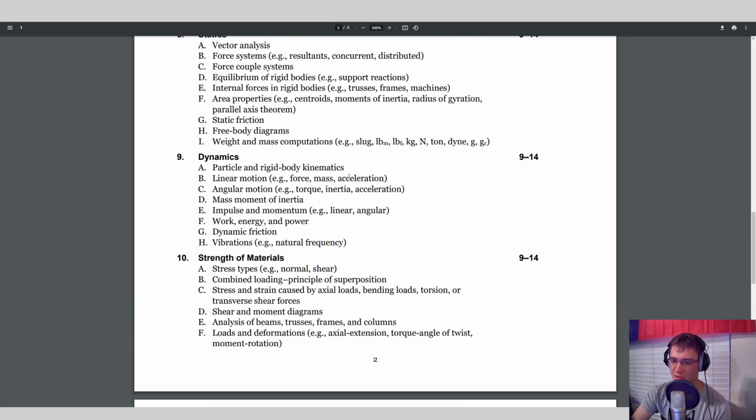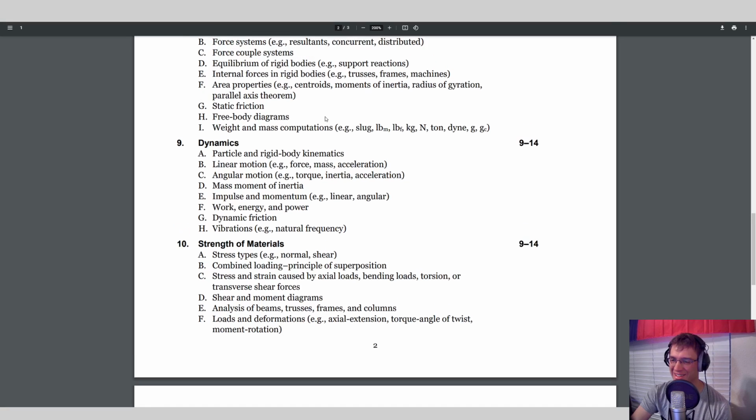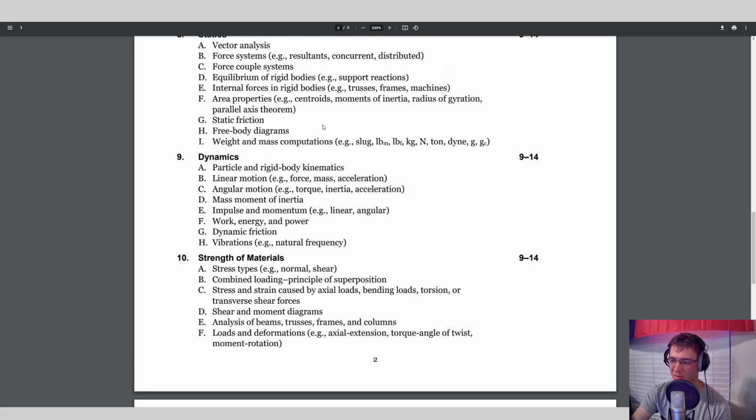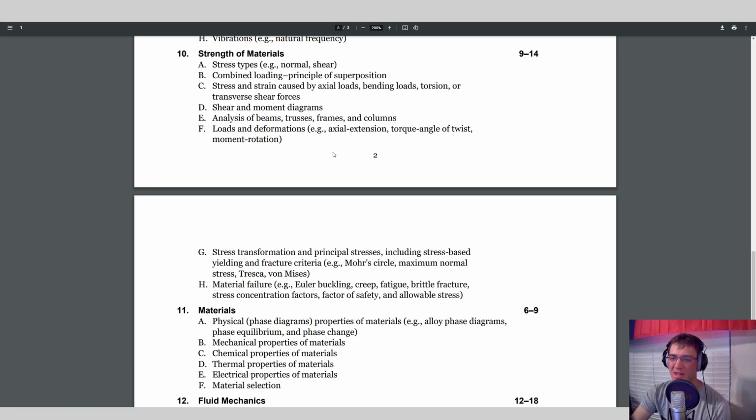Also, normal force. When you're drawing your free body diagrams, don't forget about normal force. There's one to keep you from flying away, and there's one to keep you from crashing through the crust. And that's normal force. Strength of materials: stress, strain, shear, moment, analysis of beams,